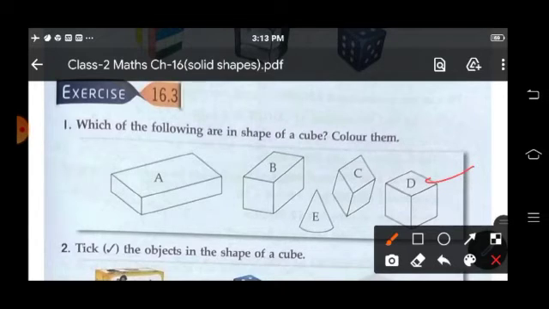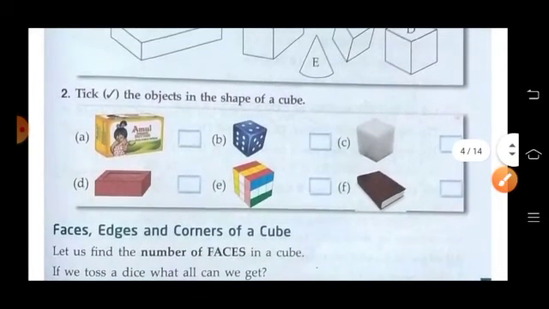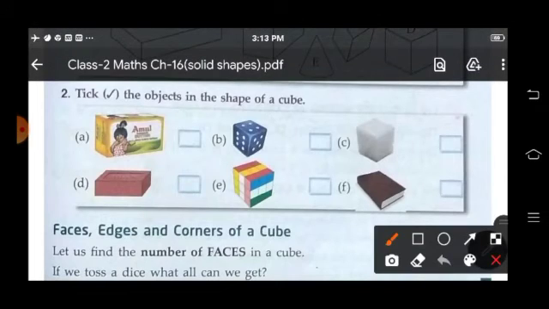And this is also a cube. So color these things. Now take the objects in the shape of a cube. So children, which one is a cube? Yes, this is a cube. So take other cubes also.